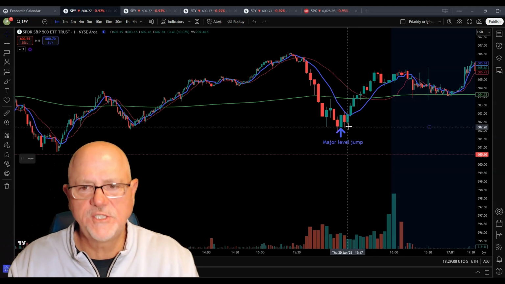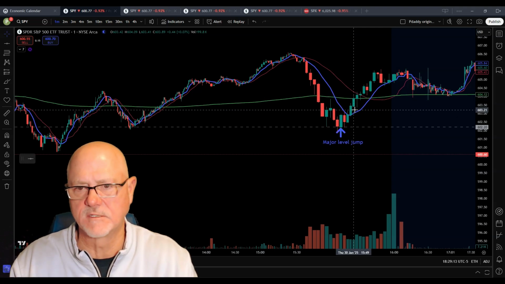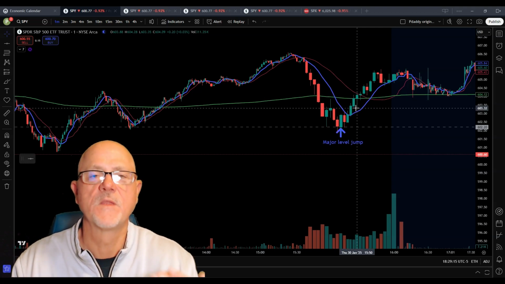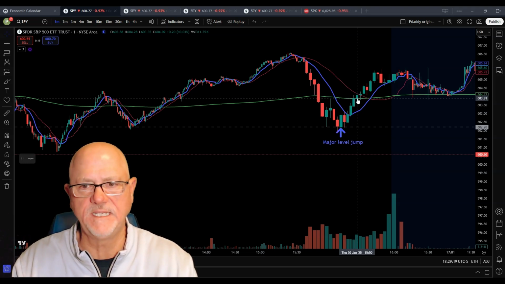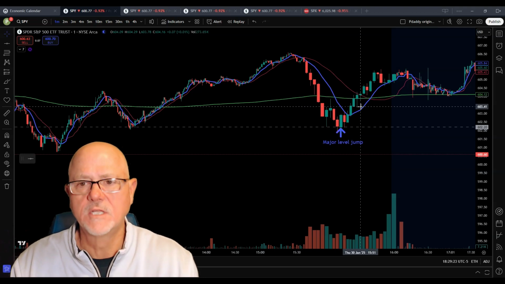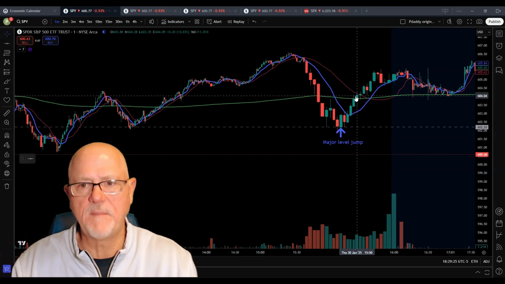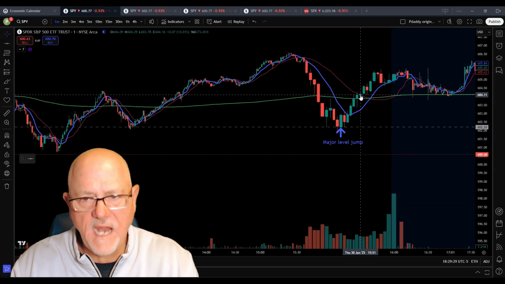Now, once you get into the fishtail, in this case, we've got VWAP right here. So we're always looking for the rejection off of VWAP. You can consider that obviously a major level. So always look for the rejection off of VWAP and look for the rejection off of the 20 also,